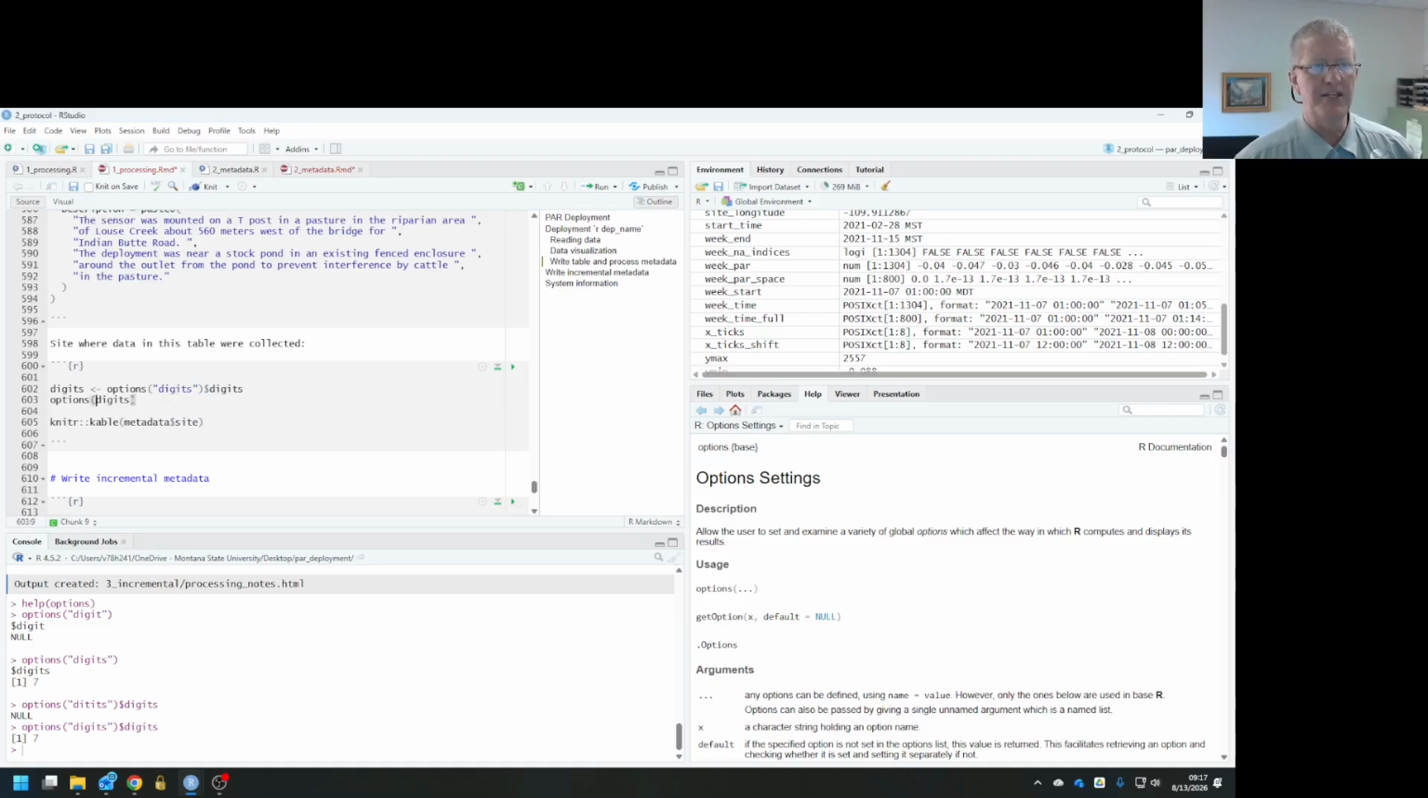Then I can change digits by saying that the digits argument to options is going to be 10 instead of 7, to add more digits of precision. Then I can run knitr, and to get options back where it was, I can just reset digits back to what digits was before I reset it. So hopefully that makes sense. I'm setting the default options for digits to 10, I'm running knitr, and then I'm setting it back to whatever it was before, 7. So now if I run this code,